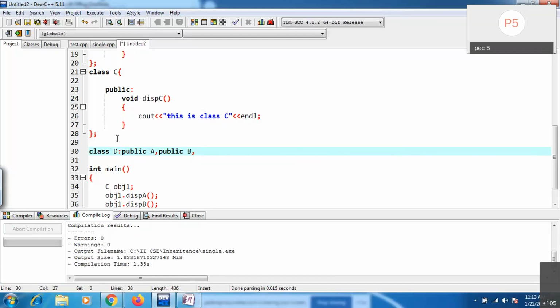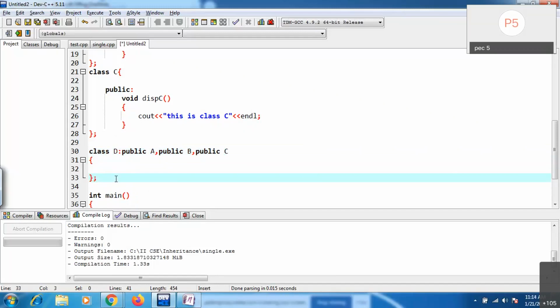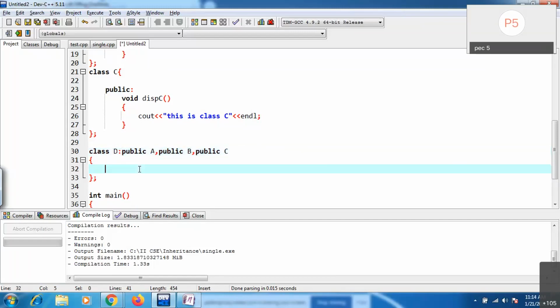Two or more base classes deriving one derived class is called multiple inheritance. And comma, public C. Now inside D we have A class members, B class members, and C class members. This is the way you can create multiple inheritance.